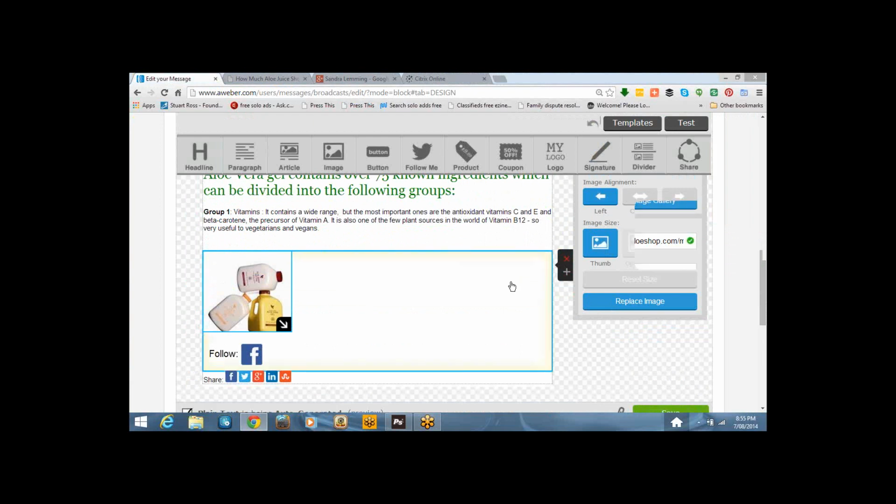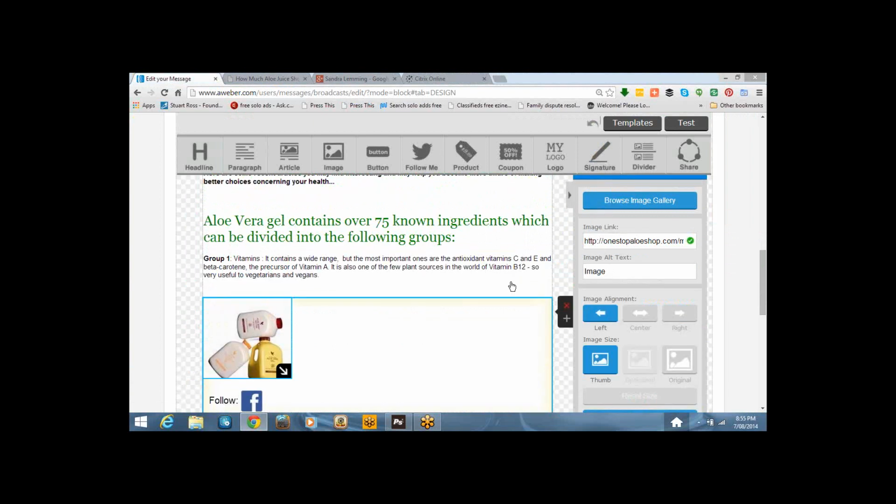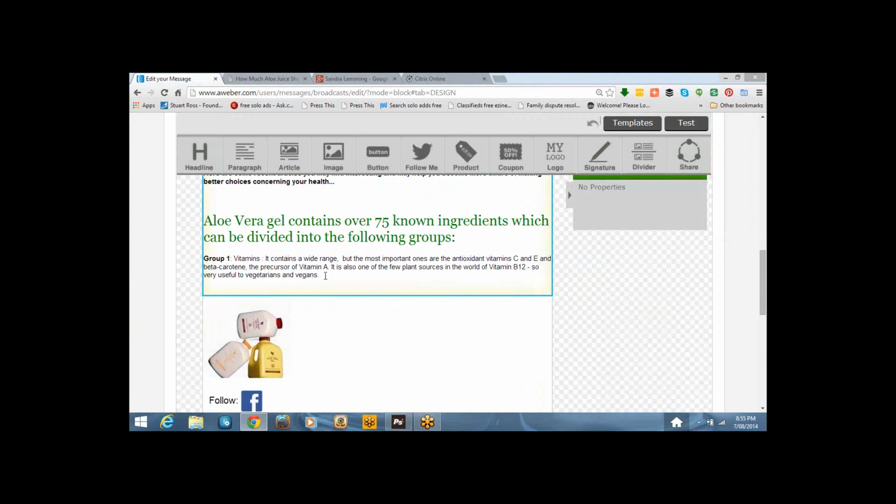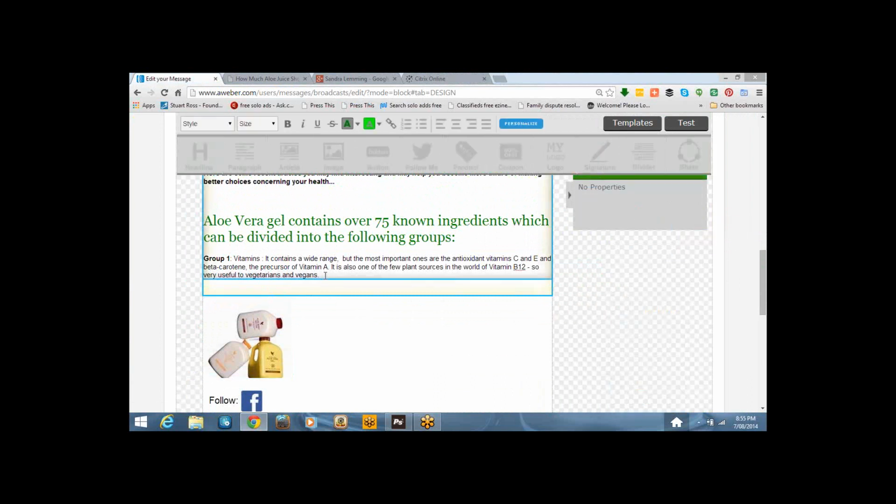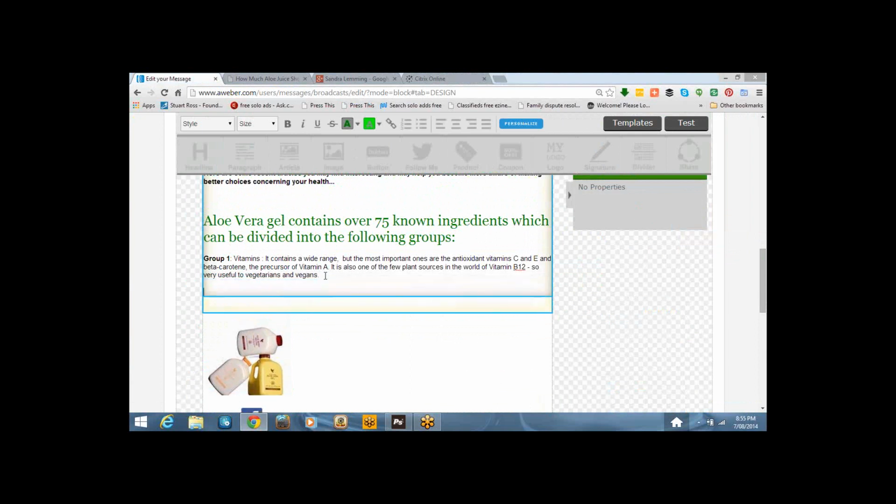What I can also do here is place a link at the end of this simply by typing in a couple of extra full stops there.